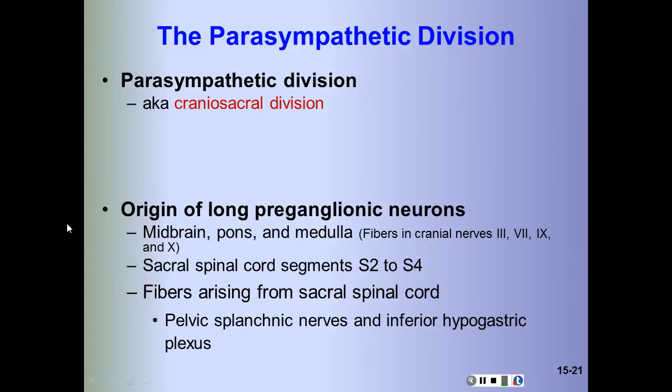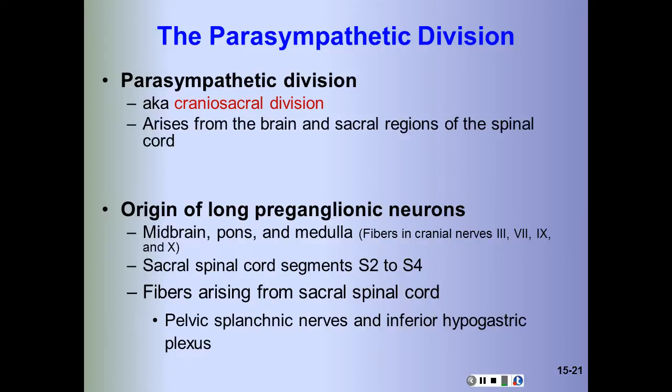Now, the parasympathetic division of the ANS is also called the craniosacral division because it arises from the brain and the sacral region of the spinal cord. Its fibers are going to travel in certain cranial and sacral nerves. Now, somas of the preganglionic neurons are in the midbrain, the pons, the medulla oblongata, and segments S2 to S4 of the spinal cord. Their long preganglionic fibers end in the terminal ganglia in or near the particular